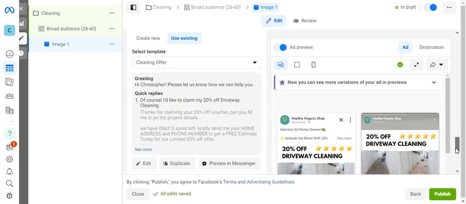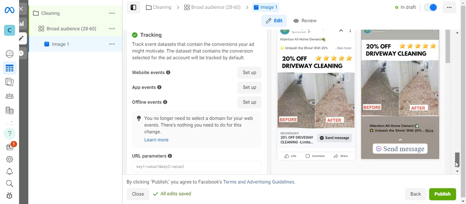Now this offer might not work for your area, so you want to understand what your people need or what would actually be working in your area so that you can tailor your offer towards their needs, right? What I am doing here is an offer that is going to work in the area that I'm running the ad to. So if it is not 20% off, look at what other offers can work